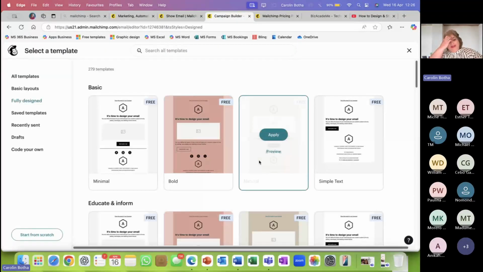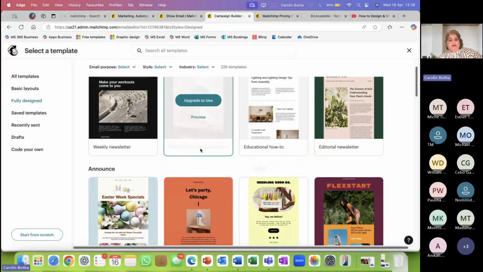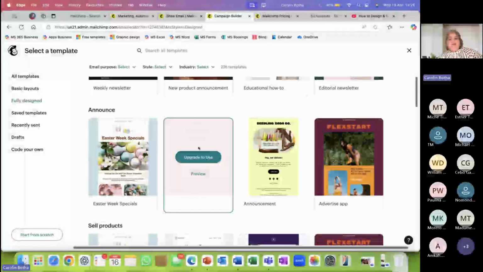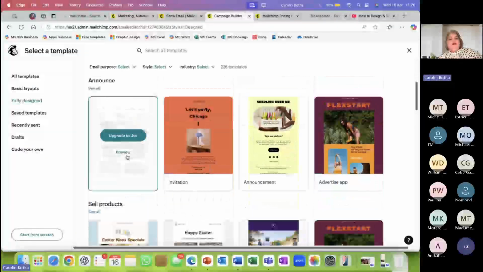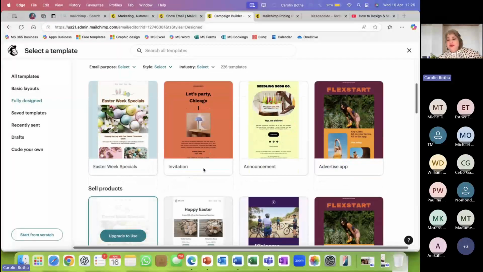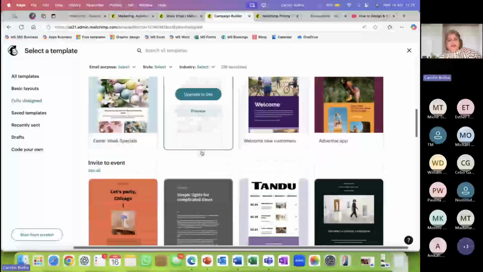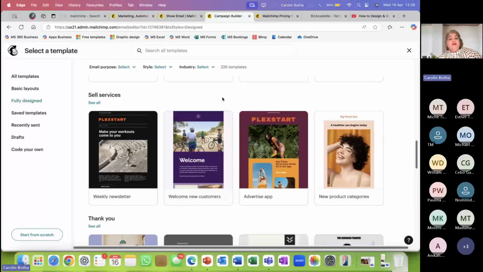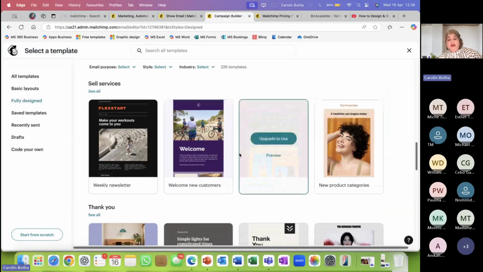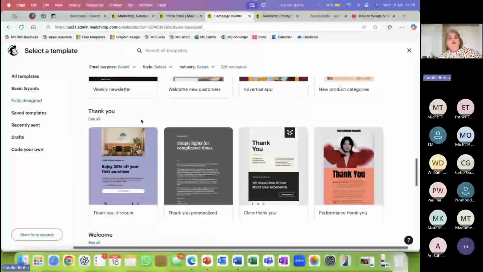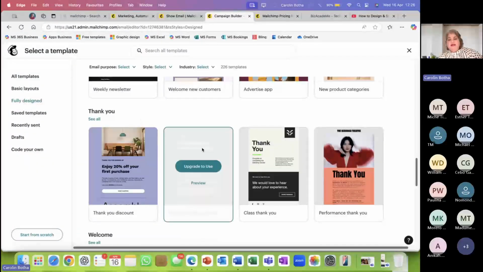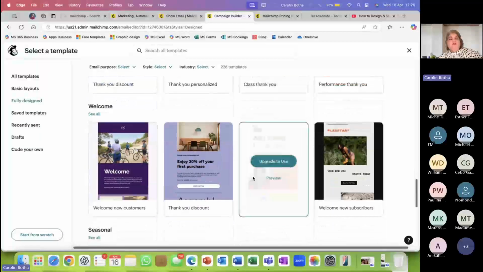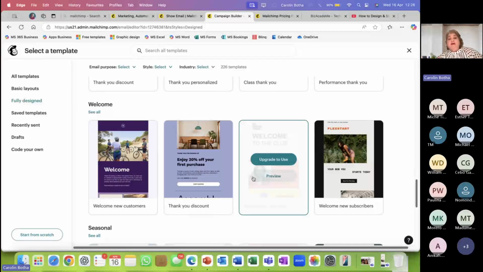I'll just show you the quite nice templates that they have. Look at that. If you want to invite people to a birthday party, or advertise some Easter week specials, or send them a happy Easter. Let's see some more here. A welcome message to all the new clients or customers that you have. Or you want to say thank you, maybe a year-end thank you that you want to send out. Or thank people for their understanding while you have a power outage, like we're having in Stellenbosch for the whole day.